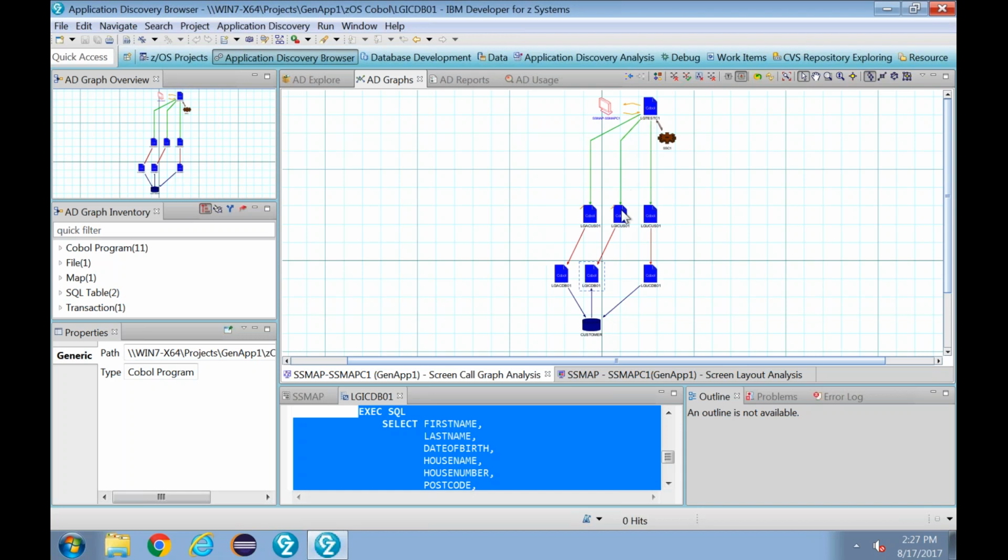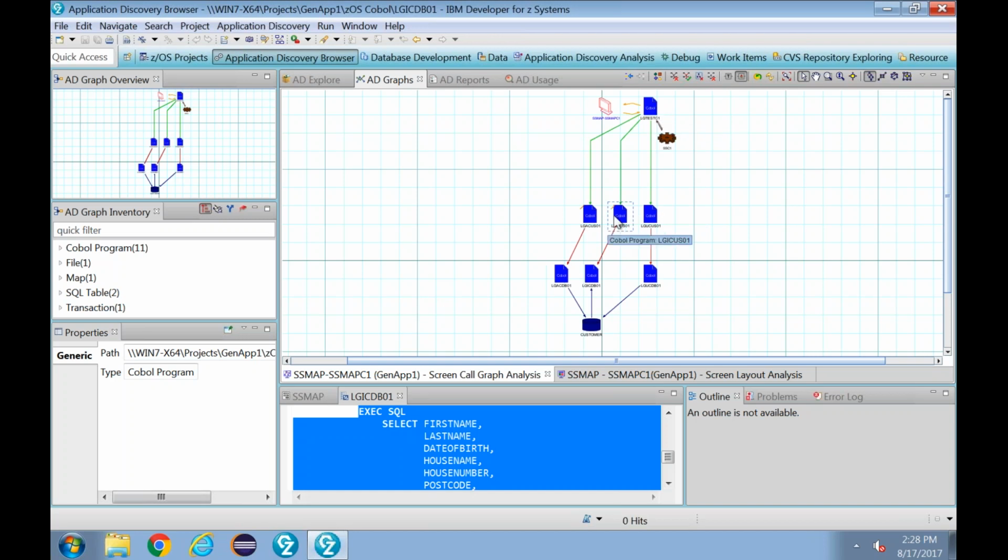Right? So coming back to analysis, there are 3 programs in the customer inquiry now that we've seen. Now, in this particular case, the first program actually invokes a map. So you cannot expose this program as an API. The other options are for Joe to expose either LGICUS01 or LGICDB01. So these are the 2 options that Joe has. Now, it is always prudent to expose the program that is closest to the screen interface, because that tells you that it is closest in functionality to the actual screen.